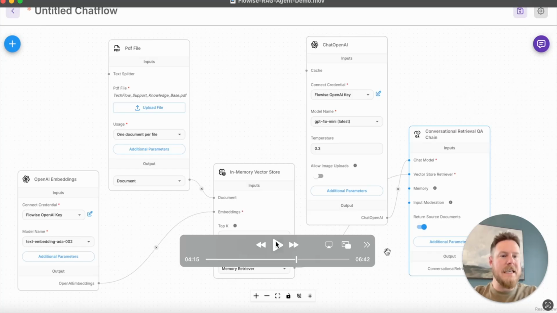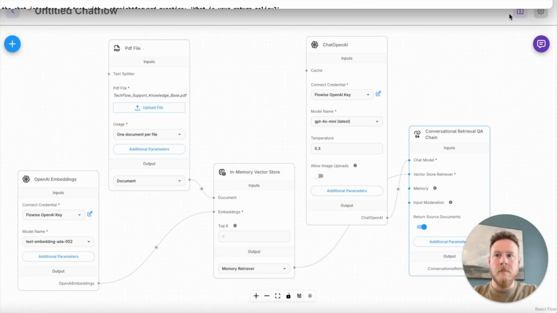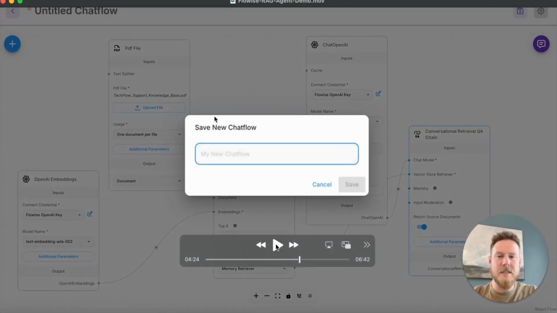What that means is that when our chatbot answers a question, we want it to cite where it found that information in a way that you could click that and follow through and see that information yourself. That increases trust and verifiability and just ensures that we're making factual claims. The model isn't hallucinating and making up information. Okay, so I've enabled return source documents, and we can see the chunks. And now it's as simple as saving.